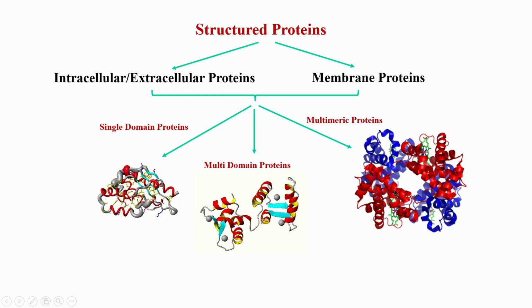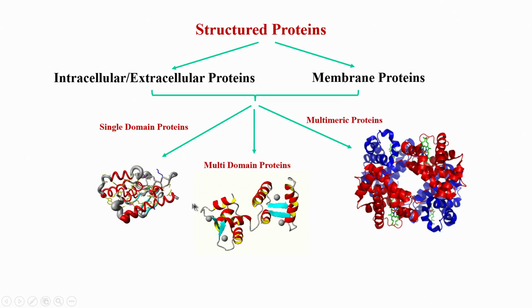Here you can see they are not a single chain; this red and blue are actually independent, separate molecules. They can be easily broken into 4 separate molecules using some treatment. So, they are not covalently linked. If you look at this picture again, there is a covalent link between this domain and this domain, they are not loosely separated. But here they are not covalently linked; they are non-covalently associated because of some sort of interactions, and therefore, they can be dissociated also.